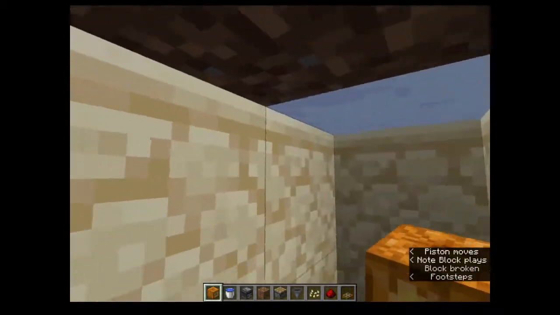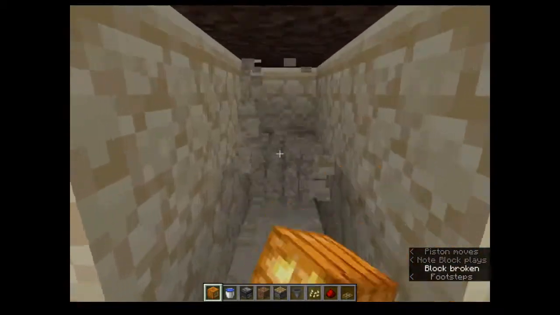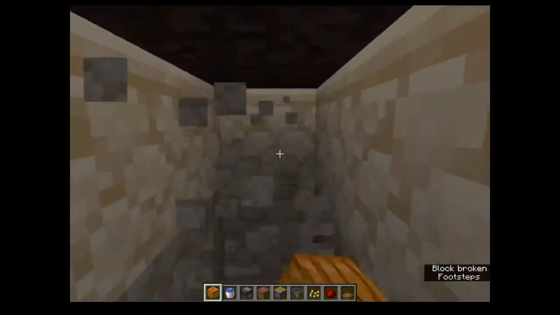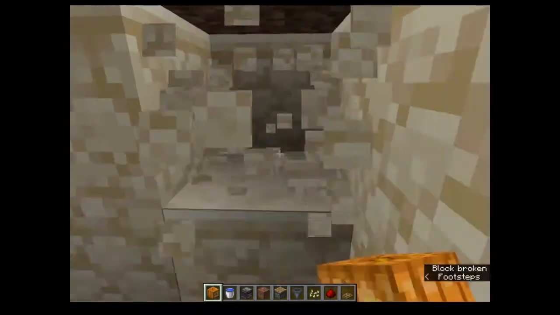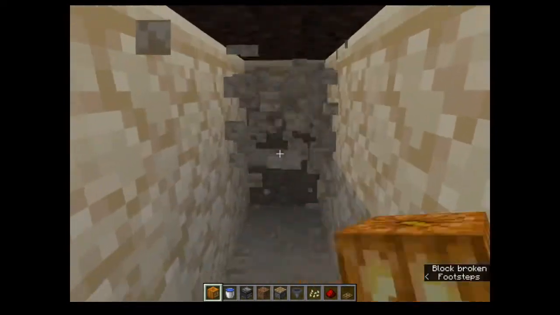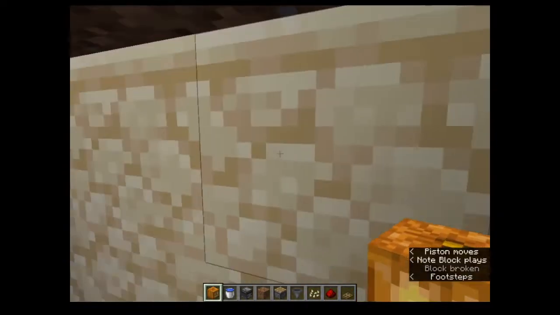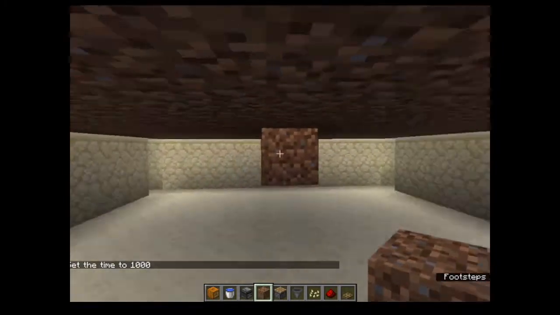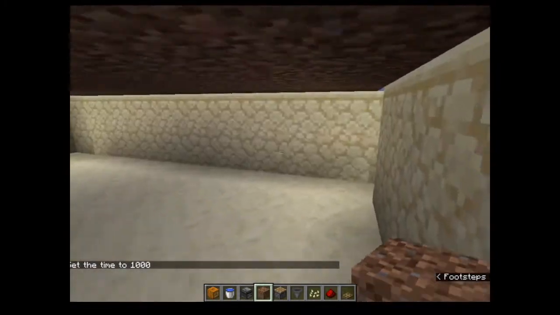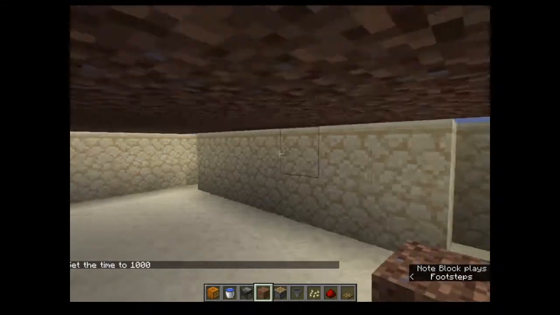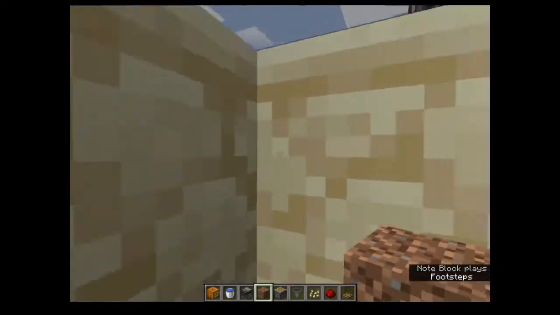Now you're going to get to this other side, and you're just going to make a perimeter around. I'm sure you guys are more than capable of digging out the space underneath this platform. All right, so now that we have this 2 block high area dug out underneath our platform, we're going to